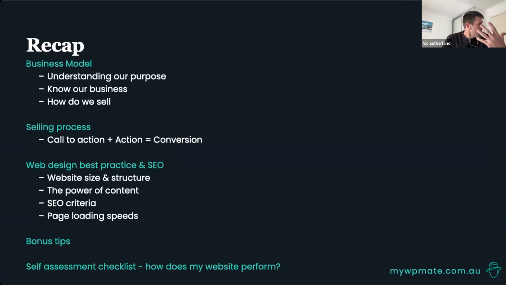So we've been talking about business model, knowing how to sell and how to sell online. We've developed our call to action, and we've crafted an excellent funnel with storytelling and engaging copywriting. We've got our customers and we're leading them towards the cash register with some subtle influence tactics and all the rest. And now our website is optimized. We should stand out above the crowd and be aiming for that front page. But before we talk about making those improvements, let's just wrap up today with my 4 bonus tips for web design and SEO.